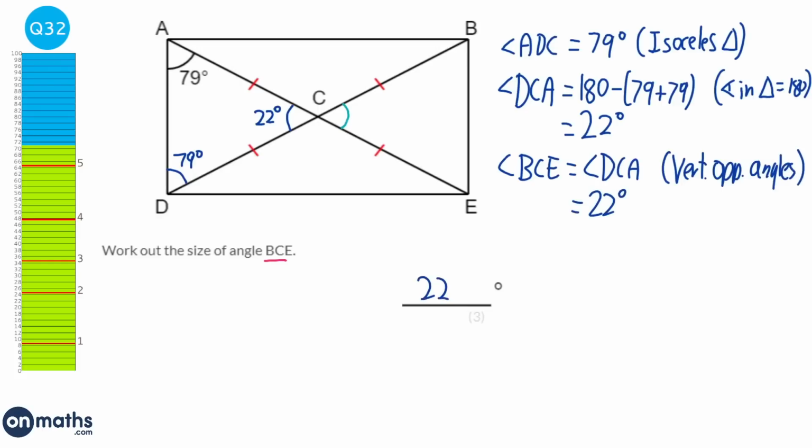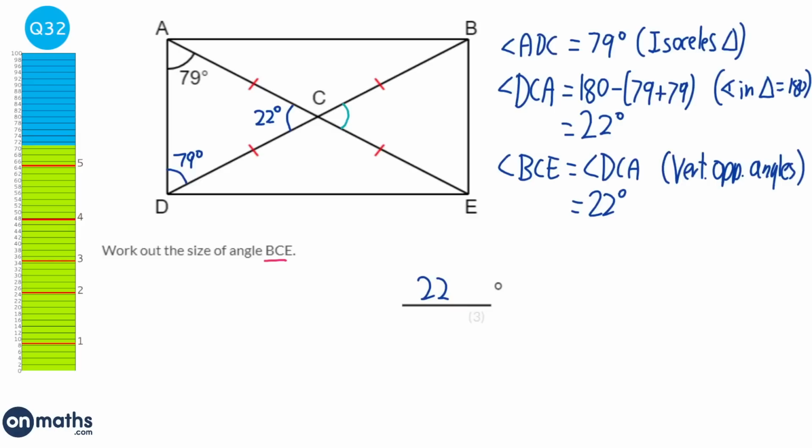Now, it is really common for these types of questions for you to get maybe 1 or even 2 marks for the answer, but 1 or 2 marks normally for the reasons and for the explanations. In fact, I've seen quite a few exam questions where you get 2 marks for the reasons and only 1